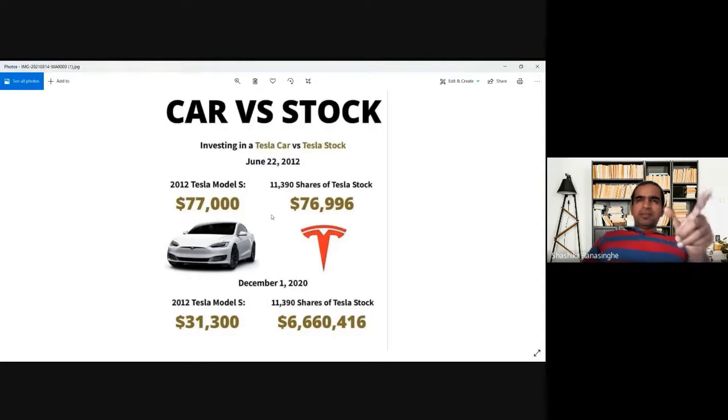But B, who thought he will not buy a car, but he will travel by bus and use that money to buy shares of Tesla, who purchased 11,390 shares, would have ended up with a wealth of $6.6 million. The same number of shares, which was worth $76,996 in 2012, will now be worth $6.6 million, meaning the price of Tesla has increased to